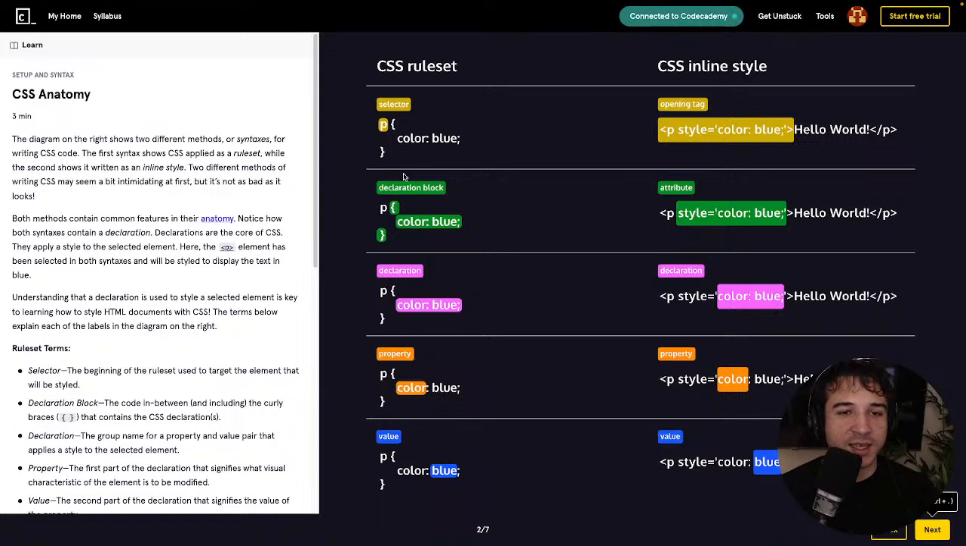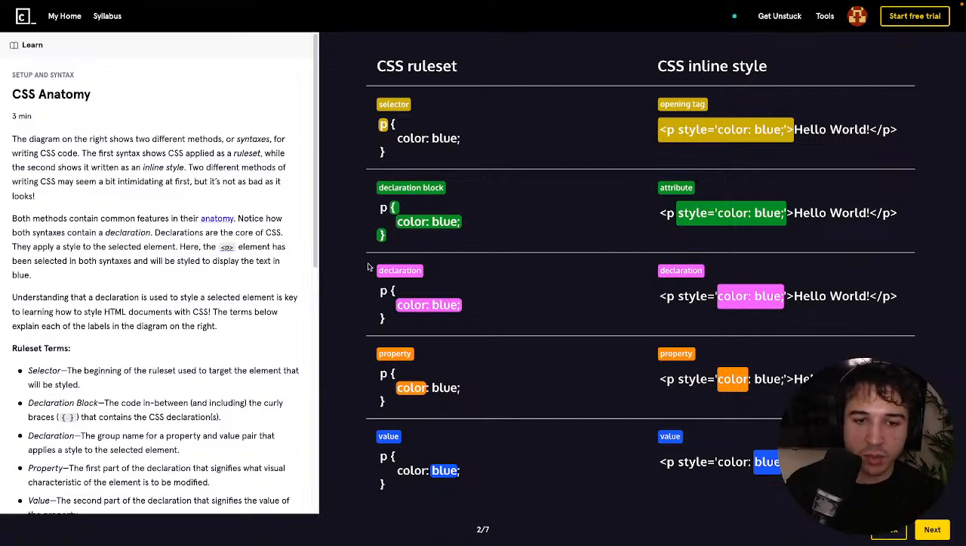Next, CSS anatomy. The diagram on the right shows two different methods or syntaxes for writing CSS code. The first syntax shows CSS applied as a rule set, while the second shows it written as an inline style. Two different methods of writing CSS may seem a bit intimidating at first, but it's not as bad as it looks. So here we see rule set, so selector, P, color blue, declaration block, P, color blue, declaration, P, color blue. And then we see CSS inline style, opening tag, P with style equals color blue, attribute P style equals